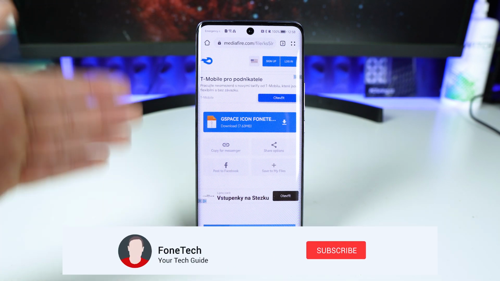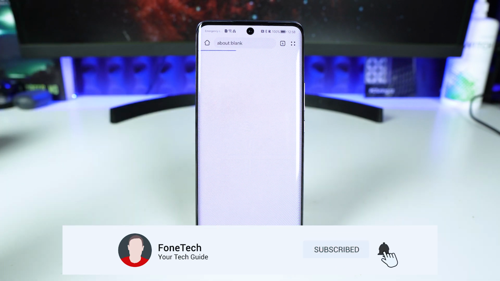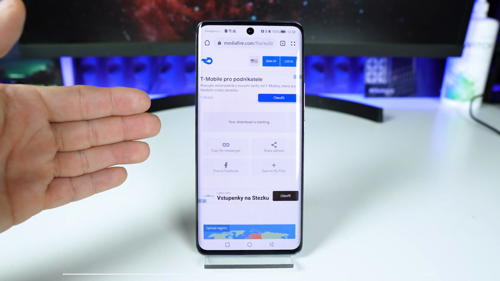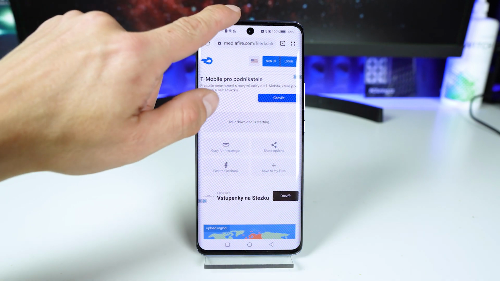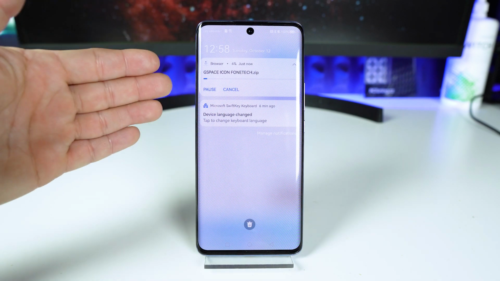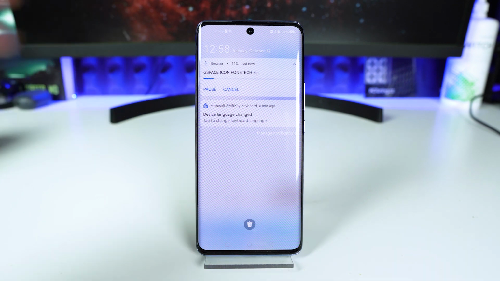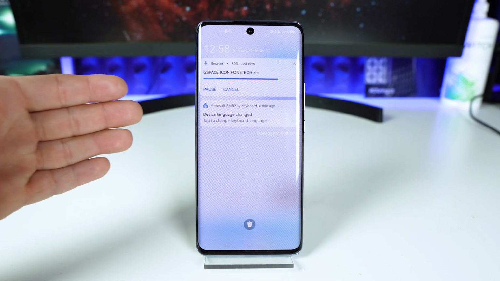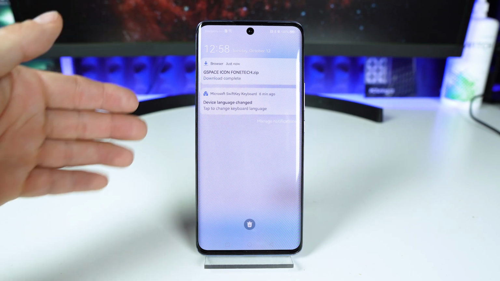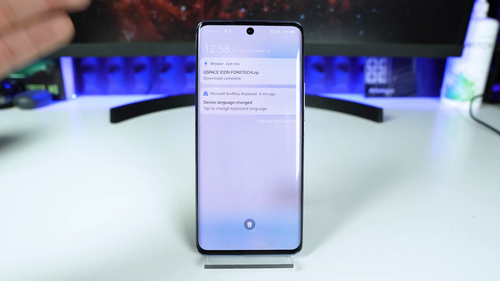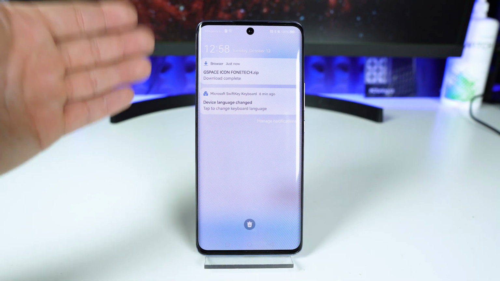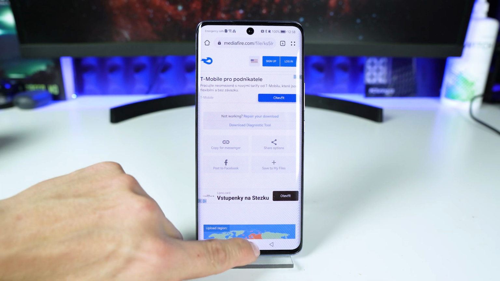It will open the MediaFire page. Tap on this big blue button. And tap on download right here. As you can see, the G-Space icon file is now downloading into this beautiful EMUI 12 device. I can tell you what device this is, but you know. So now